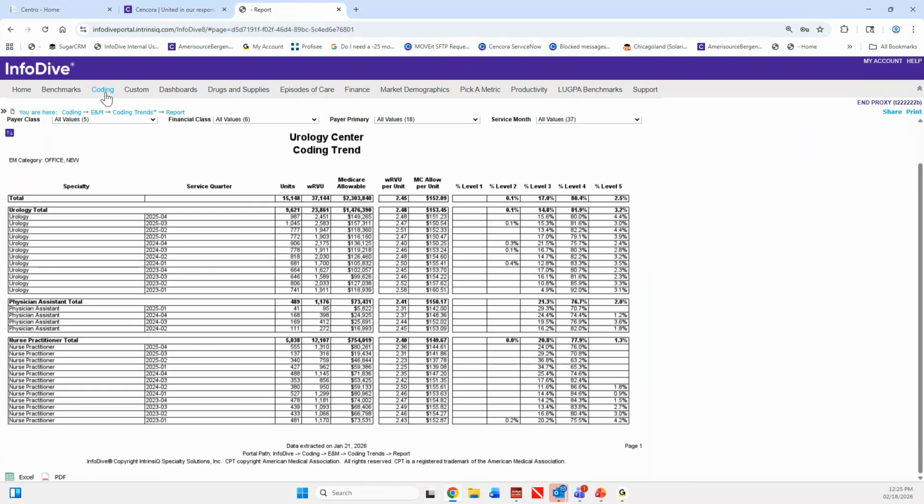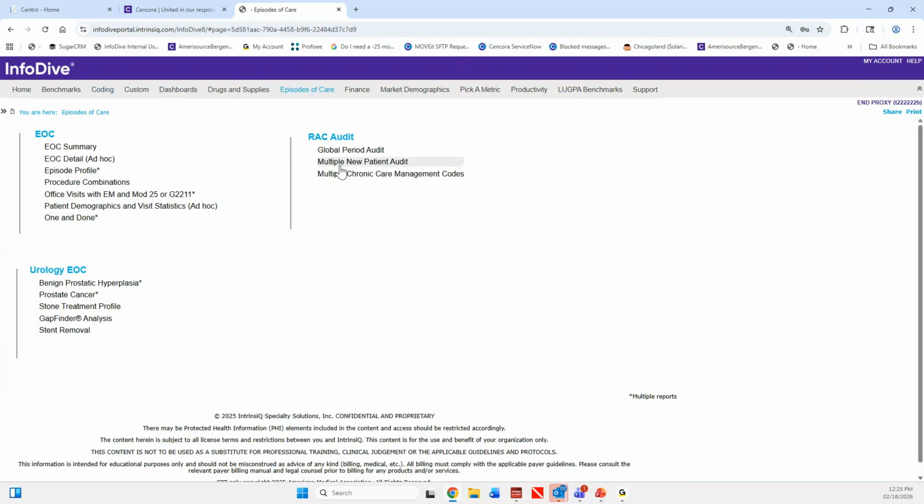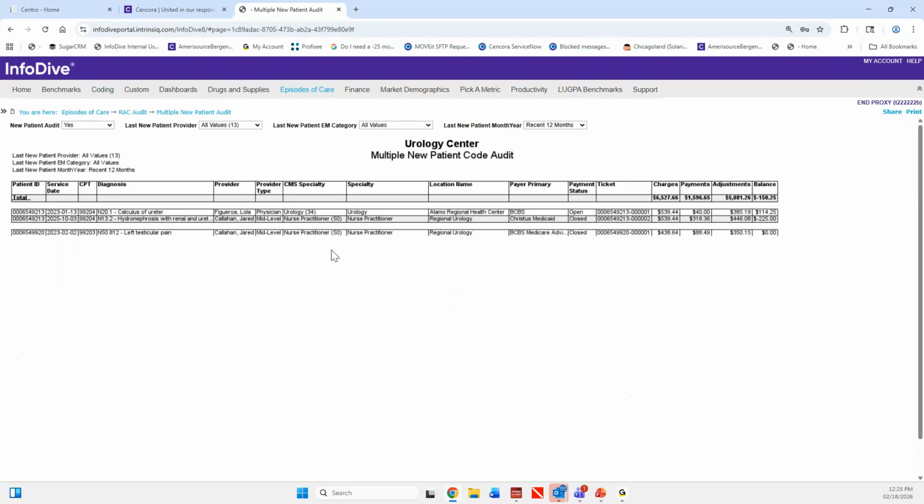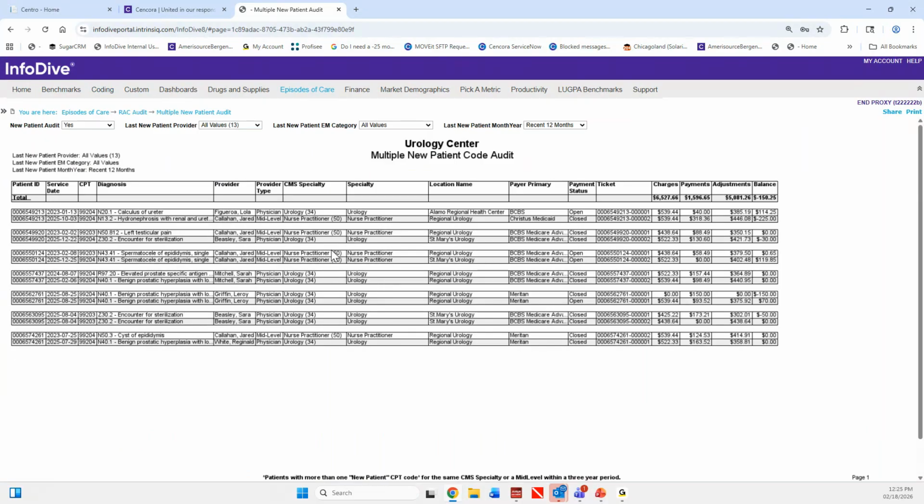So I have one more report I want to show you. And that is actually a new patient report, and that is found under episodes of care. And this is a multiple new patient audit report. So you'll remember that you can bill a new patient code every 3 years. So this report lets you, and this particular practice has done really well, right? They've in the recent 12 months, but we could select this filter